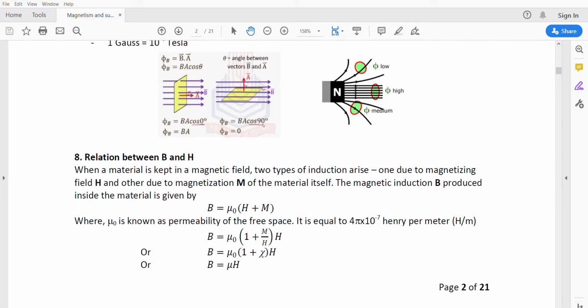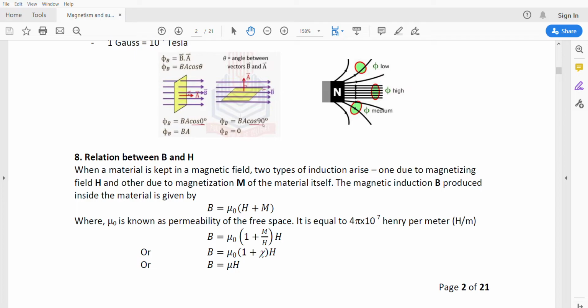The material itself also responds to the magnetic field and it will get magnetized. That is said to be the capital M. The magnetic induction B is produced inside the material. How many lines of force are passing through the material, and how many lines of force are allowed by the material per unit area, is represented with B. That is given by B is equal to mu naught into H plus M. It depends on two parameters, the magnetic field strength H, and it also depends on the magnetization M. So that proportionality gives us a constant value, that is the permeability of free space. That is B is equal to mu naught into 1 plus M upon H, into H.